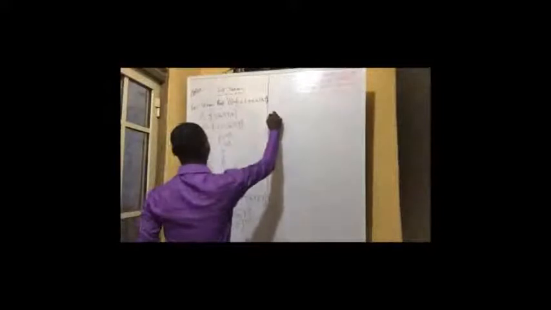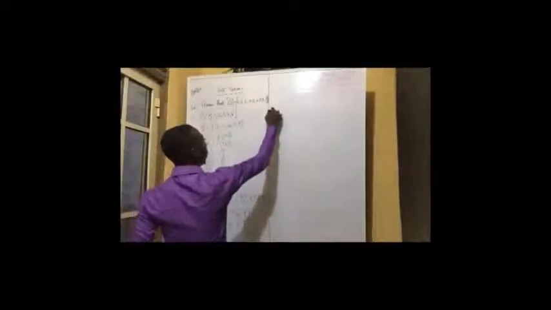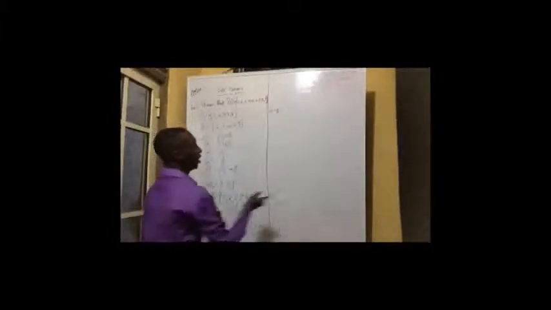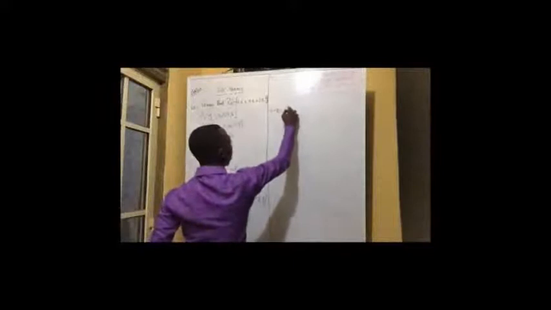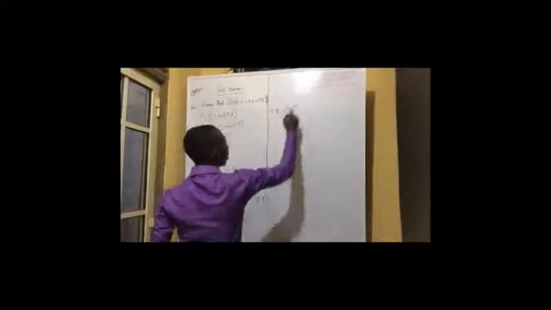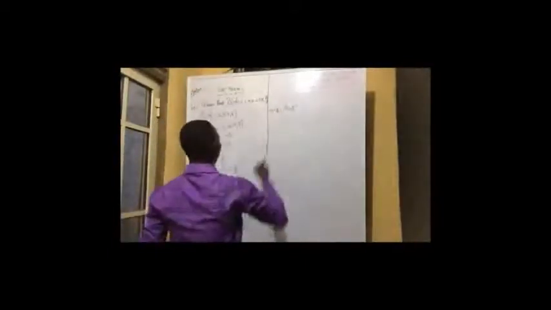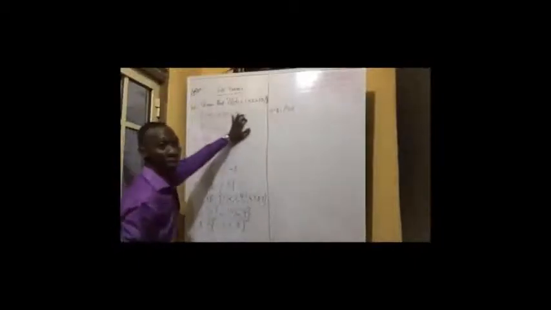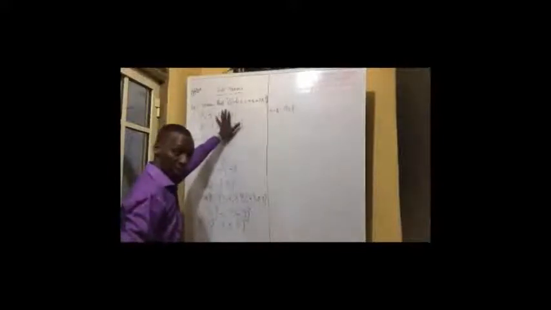Now the last one we are going to take is A minus B. The other day I told you that this A minus B is the same thing as A intersection B complement. You can verify that. But after finding it, I'll find my A minus B now. So what is my A minus B? Now go to your set A. All you need to do is remove all the elements in set B from set A.